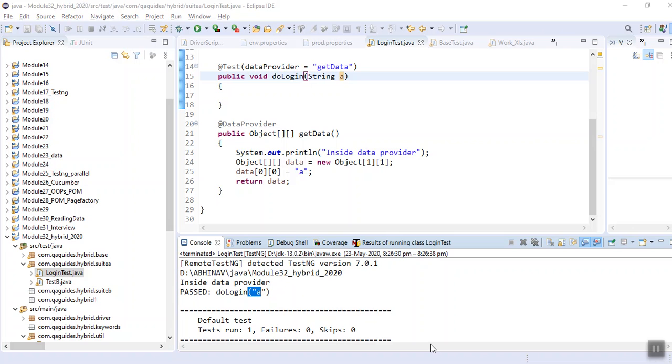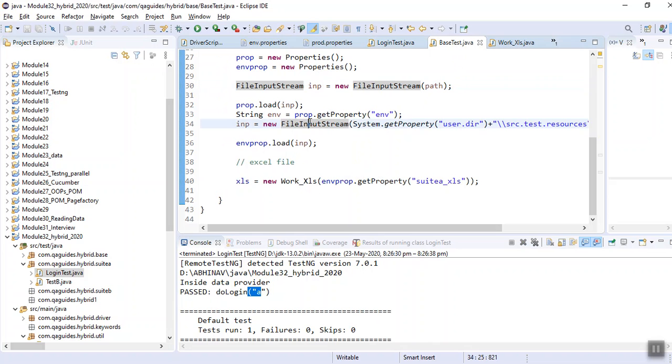Now we need to use our Excel file objects in our data provider. See, control will go to before test first. It will go here and initialize the object here. Now we want our data provider to read data from our Excel file. So this is our next requirement.